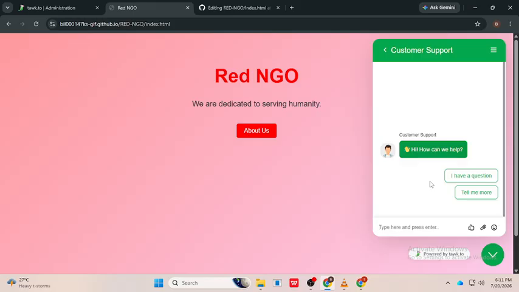And that's how to set up Tawk.to live chat. Once everything is configured, you'll be ready to chat with visitors, answer questions, and provide real-time customer support directly from your